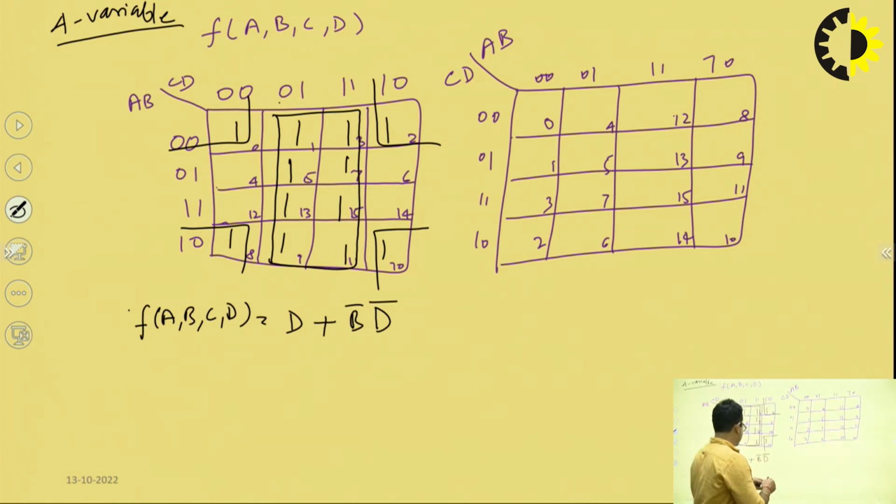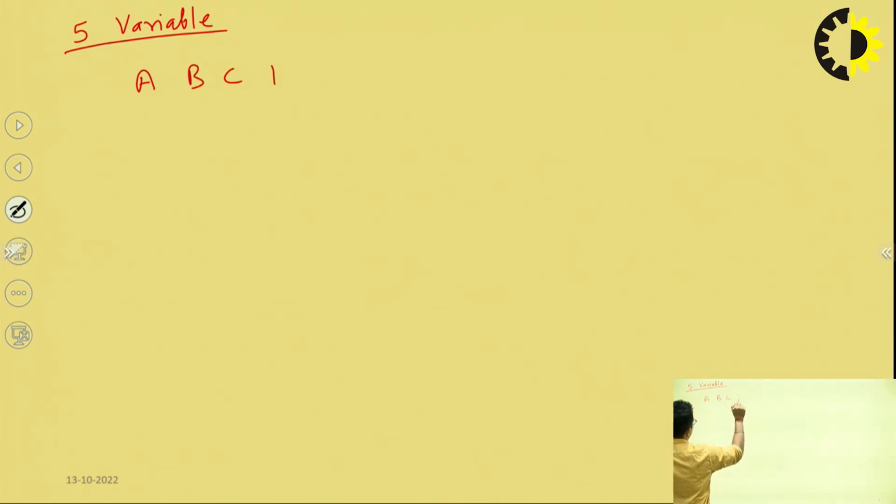Now let's move to the next thing, your 5 variable K map. How can we draw the 5 variable K map? So we are having a 5 variable K map. Before drawing a 5 variable K map, let's observe the pattern. Suppose we have 5 variables as A, B, C, D, E. So with this, it will move from